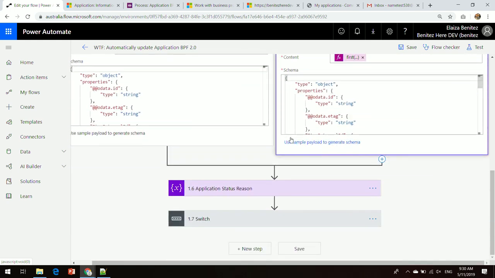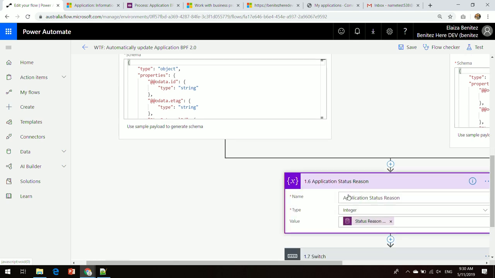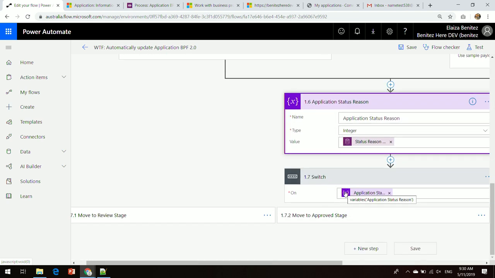So then we come to the final part of the flow. And this is an action called a switch. And a switch is useful when you want to perform, I suppose, like a check. So we're not using the condition builder in this scenario because a switch is perfect when you're only looking at one field. So in this case, I have an initialize variable action where I want the switch to happen based